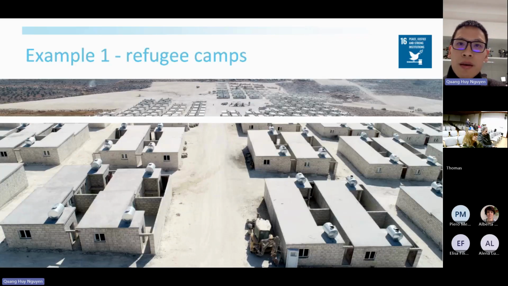Throughout the war, the inhabitants have had to move to other places to live, since the war has destroyed a lot of areas. So I want to introduce you to one of the models, refugee camps. The refugee camps are really interesting. This is an area where inhabitants from other places come to live, to start a new life with facilities provided by organizations or the local area.